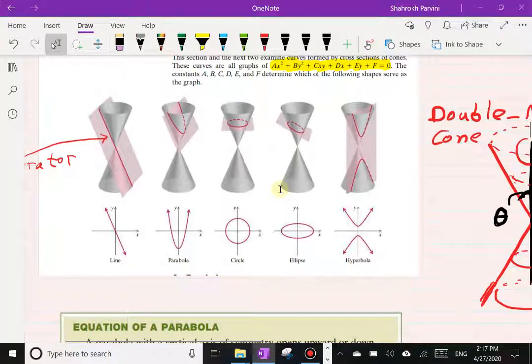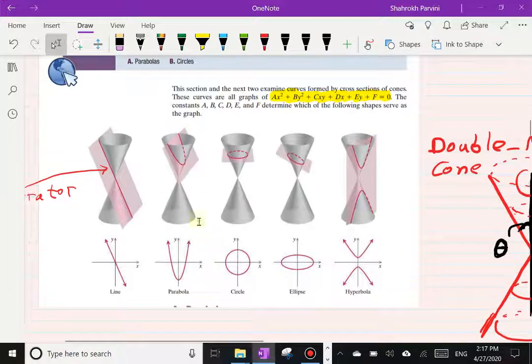So our work is to study the equations of these conic sections. Now, each of these shapes that you see here, the hyperbola, ellipse, circle, and the parabola, has what we call degenerate cases. So, for example, the degenerate case of the parabola is going to be a line, as the parabola approaches the apex of the lower nappe. And both the circle and the ellipse degenerate to a single